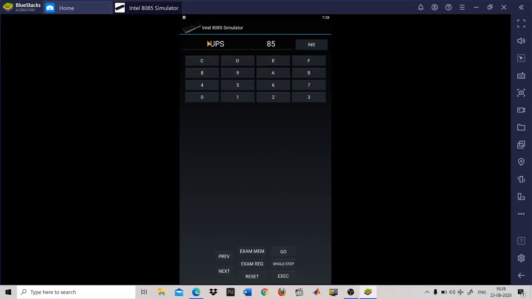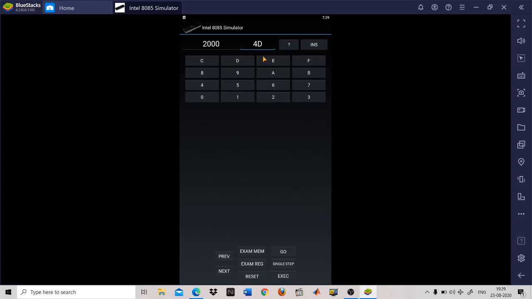You can see there are two fields. The first is the address field and the second is the data field. What I'm going to do now is press reset. Then Examine Memory. Now this field will become active. You have to start storing your instructions from the starting address, and in our case we have taken the starting address as 2000 hex. So write 2000. So what we have done: reset, examine memory. Your address field becomes active. Now click here, and now your data field is active.